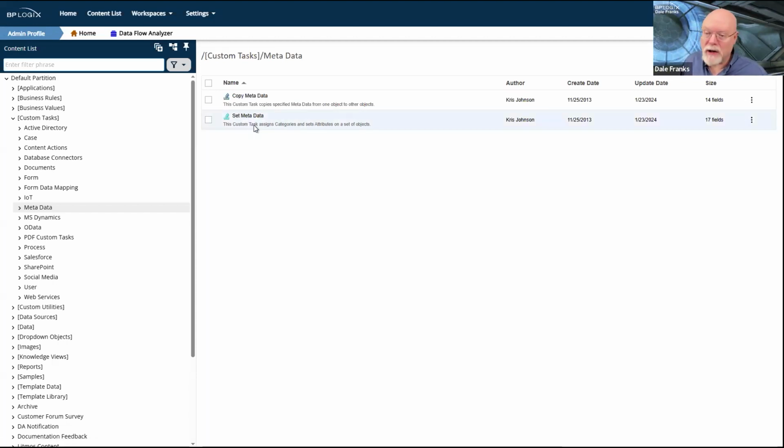What I generally do is run it on a form, like if I change the value of an attribute, or I change the value of a category from either the attribute or the category picker, although I generally wouldn't do that. Attributes are generally set from a form field that is linked to the metadata attribute. So the attribute picker is not a super useful control in most cases. In any event, however you do it, none of that metadata gets set until you run set metadata.